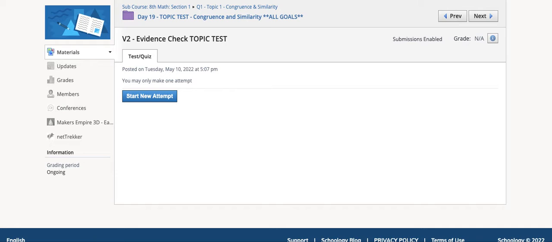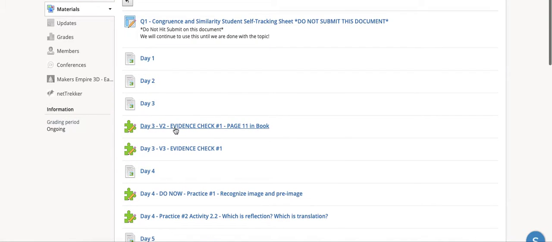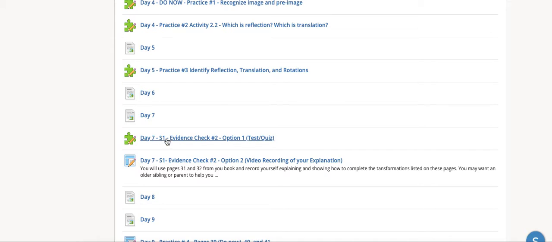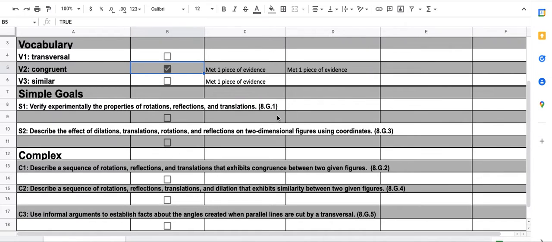So our next evidence check, after we take the evidence check number 1, our next evidence check is just going to be over S1. So then whenever we get to S1, you would go right here and say met 1 piece of evidence or have not yet met, and you're just going to keep track of it through the whole